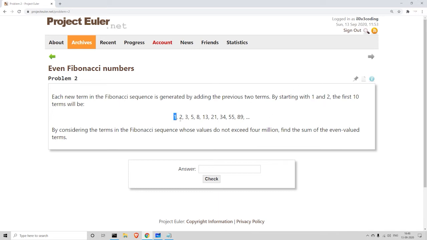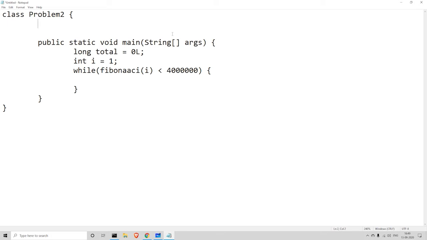If you give it 2, it will return 2, because 2 is the second Fibonacci number. Give it 3, it will return 3, because 3 is the third Fibonacci number. If you give it 4, it will return 5, because 5 is the fourth Fibonacci number. 8 is the fifth Fibonacci number. 13 is the sixth Fibonacci number. So that's what this function will do.